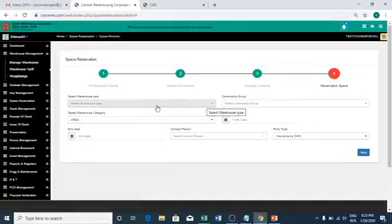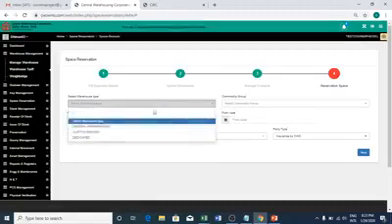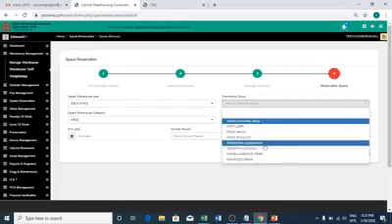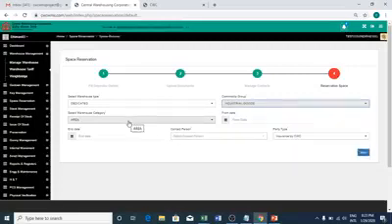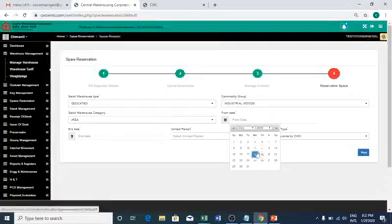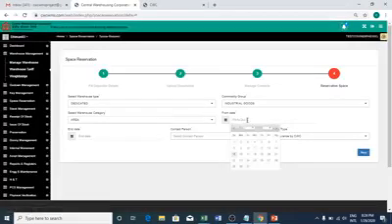I come to the reservation. I choose the type of reservation, here it is dedicated. The commodity group, let me choose industrial goods, and the date of transaction, let me put it as 15th of November.